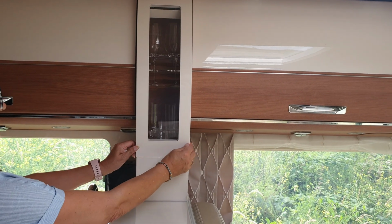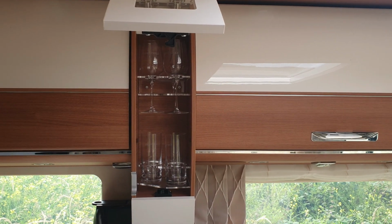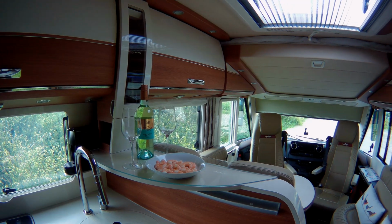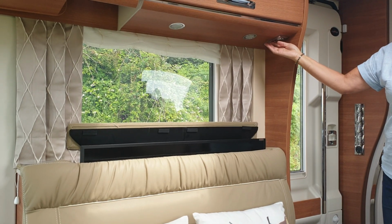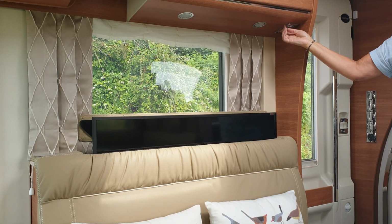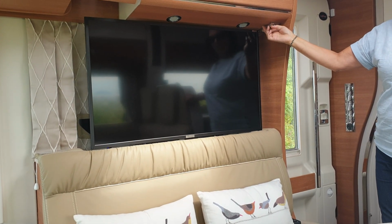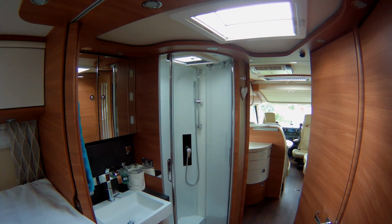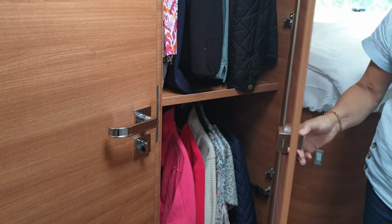The glass cabinet with Carthago branded glasses is a nice touch, and a glass of wine or two can be enjoyed from the very comfortable soft leather seats. From here you can also relax and enjoy watching a movie from the 40-inch TV which pops up from behind the sofa. The midship changing room is enormous and well thought out with a separate toilet cubicle, a full-length wardrobe,